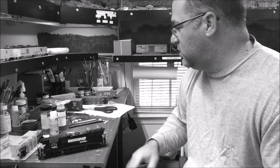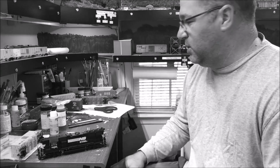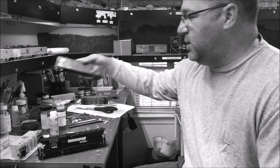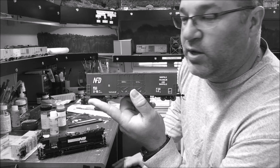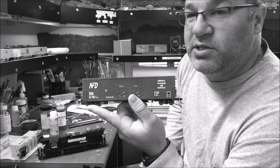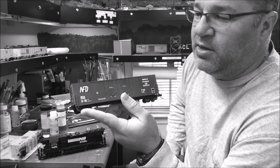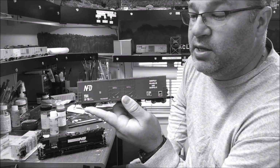You can see my workbench is, I got that big decal and weathering project, but be done here in a day or two with those. Threw in one of my decal projects. Guys probably never heard of this. Norfolk, Franklin, and Danville. It was a railroad that ran between those cities back in, I think it ran into the 80s. But it was a Norfolk and Western subsidiary